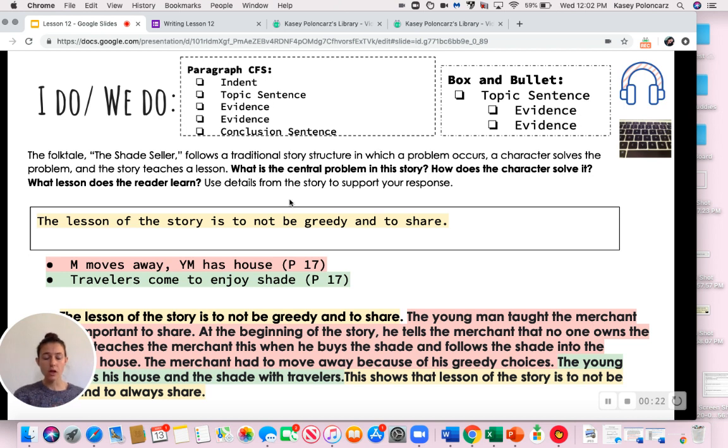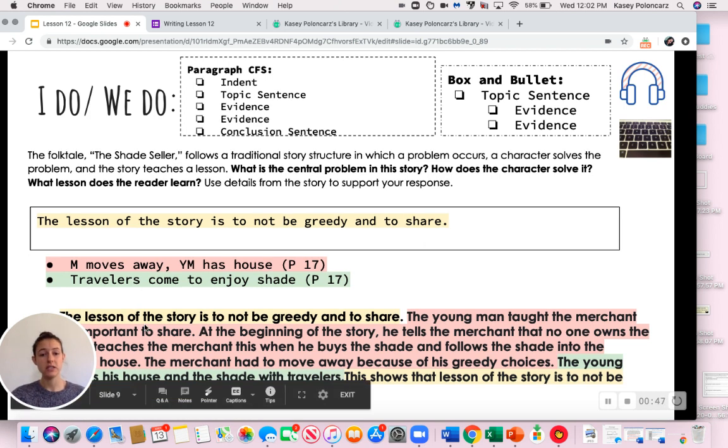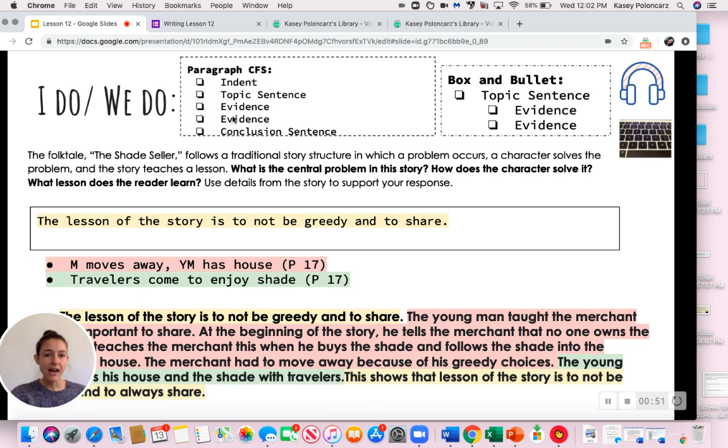So the first thing that you need to do is always start with, everybody should be saying, indent. Remember, 2 fingers down, start writing. Then what comes after that? Everybody should be saying the topic sentence. The topic sentence is what you have written in your box that answers the question. So I would copy it down directly. The lesson of the story is to not be greedy and to share. After that comes